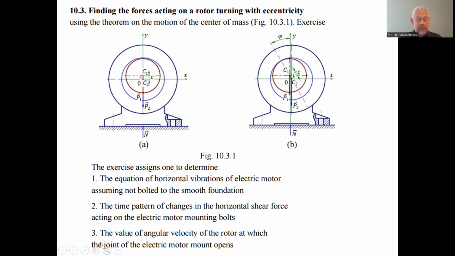And next, we have to find the value of the angular velocity of the rotor at which the joint of the electric motor mount opens. Assume that we have no bolt here, but just a pin, limiting the transverse motions. In the mechanical system, the electric motor, the stator and the rotating rotor are kept in place only by the action of the forces of the wedge, and when the inertial forces of the mechanical system move, that is, the total mass of the mechanical system together with rotor and stator moves,